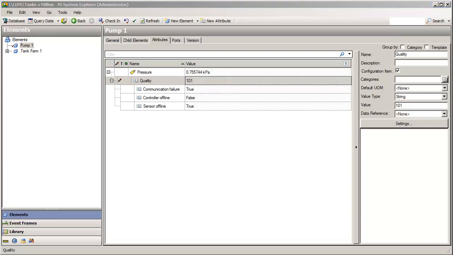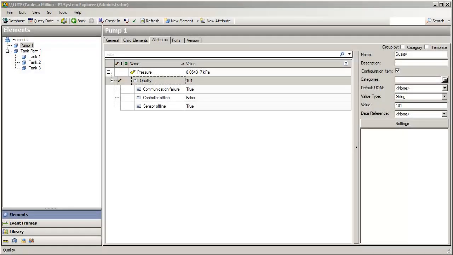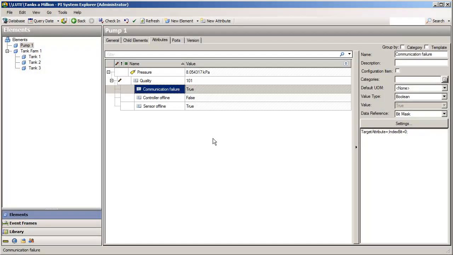Our data reference is working, and it handles that general case of using the parent attribute as the input for what value we are looking at. Now, the next step will be to go back and look at a couple more advanced features where we can allow different inputs to be used for our data reference. Now that our data reference works for the general case of us wanting the value of our parent attribute, let's expand this so that we can, in fact, point to any attribute relative to our own.